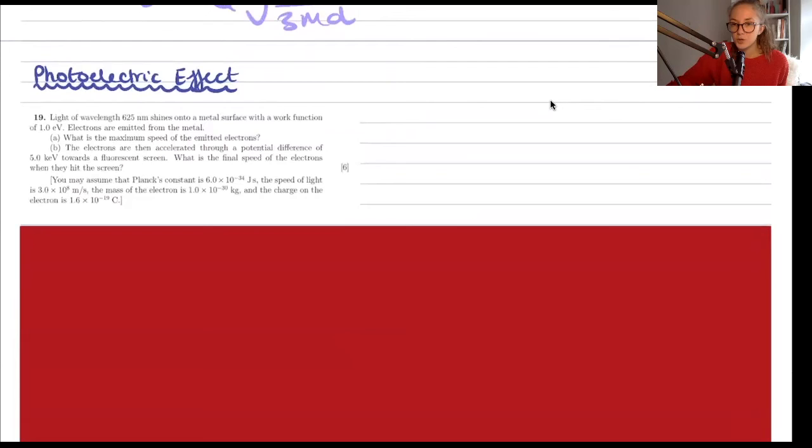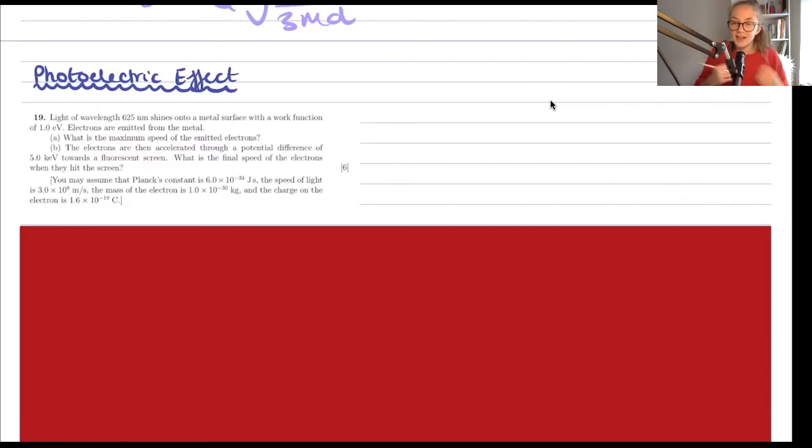So this next portion of the syllabus refers to the photoelectric effect. And I won't lie, I could barely find any questions about the photoelectric effect. But the photoelectric effect is essentially if we have a metal, our metal will have some intrinsic work function related to it. And this work function is essentially the minimum amount of energy that we need to fire at this piece of metal in order to release